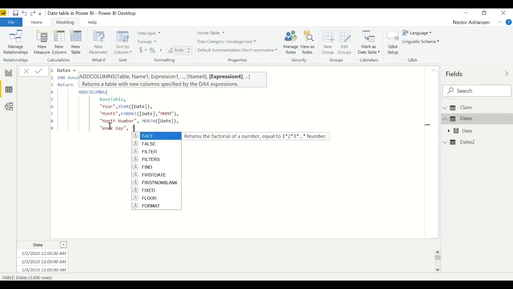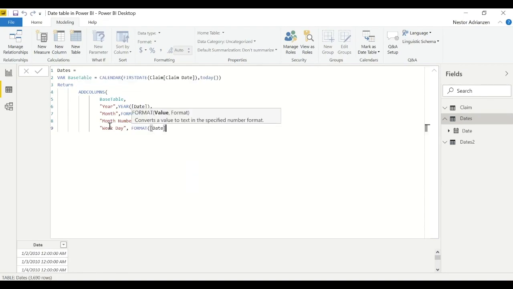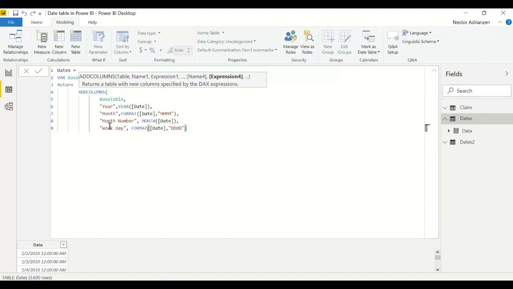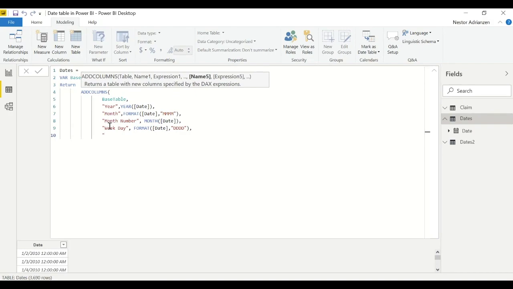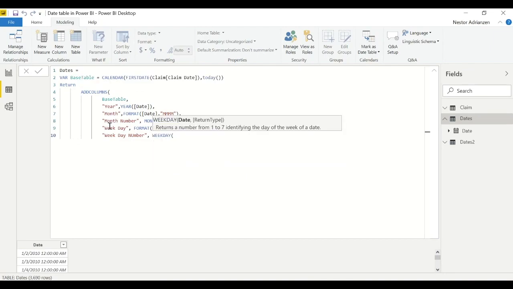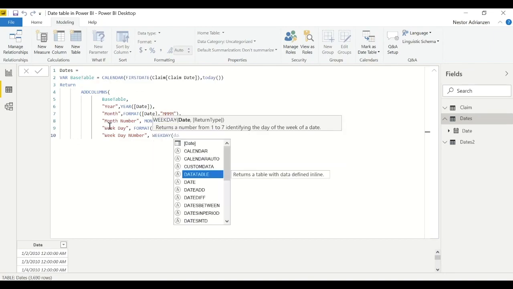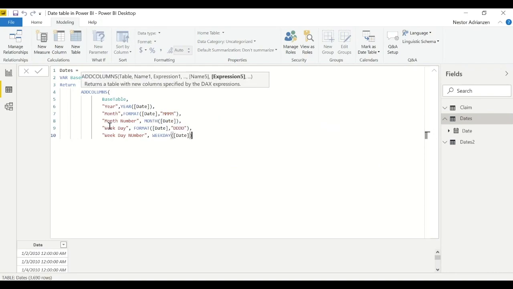I'm going to use FORMAT again, date, column right there. And then in this case, DDDD for day. Close parenthesis, comma, I'll enter. And right here, we're going to add a new column. And in this case, we're going to call this weekday number, okay? Comma again, and we're going to use the WEEKDAY function. Open parenthesis, and in this case, the same thing, date, and then close parenthesis, comma again, I'll enter, open apostrophe,